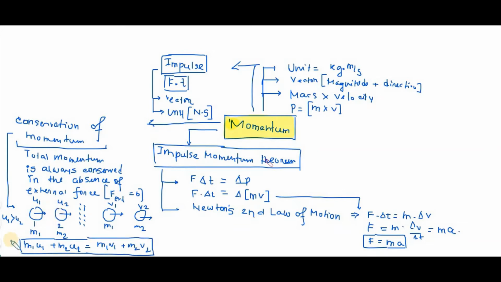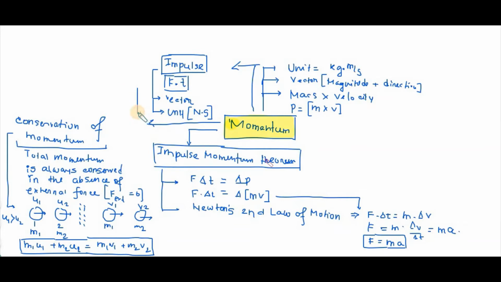During the collision, no external force is exerted on the system, so both objects together are considered as a system. In this system, they exert some force on each other, and according to Newton's third law of motion, the force exerted by the first object on the second and the force exerted by the second object on the first remain the same in magnitude, but are opposite in direction. That is Newton's third law of motion. But note that there will be no external force exerted on the system. So that's what we have in the case of conservation of momentum.